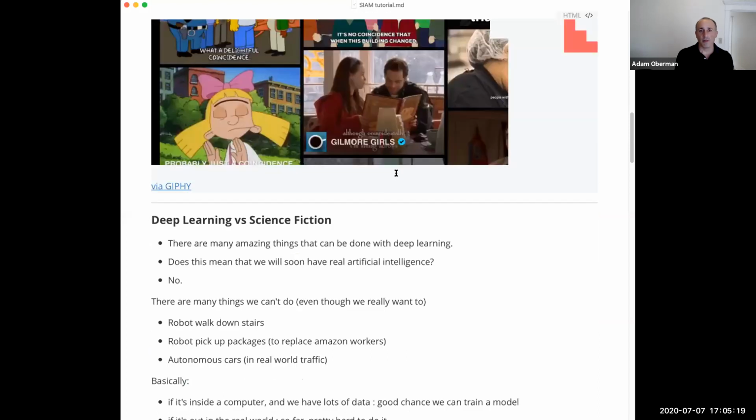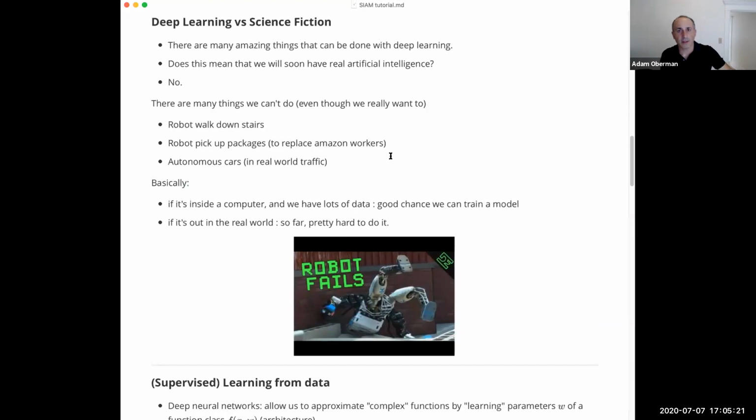All right, now the other thing I want to talk about, not to spend a lot of time on this though, is deep learning versus science fiction. If you get into this field and you tell your cab driver that you're working in artificial intelligence, you're going to get some weird questions, and you may get these questions from your friends too. The way that I choose to address this without getting into a deep discussion is to recognize that there are many amazing things that it can do, but basically it doesn't mean that we have real actual artificial intelligence. In fact, the easiest way to dispel this is to point out the really silly things that we still